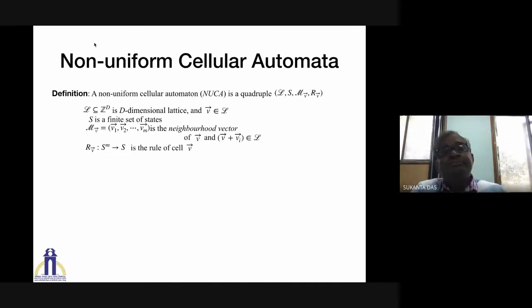So this is the most general definition of non-uniform cellular automata, but really it is too general. It's too general to deal with. It's infinite, if I consider L equal to Z to the power d. If L is infinite, if the grid is infinite, then